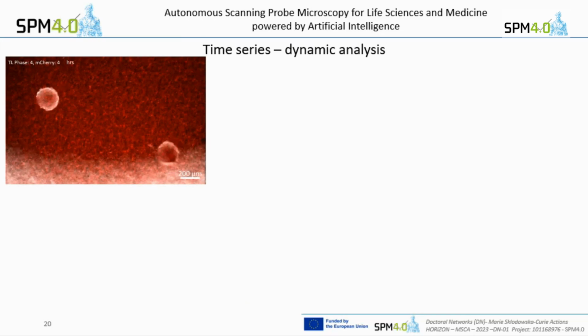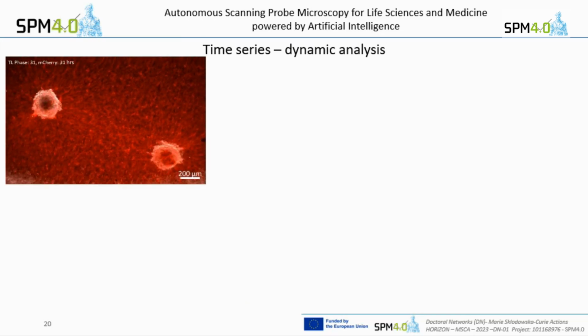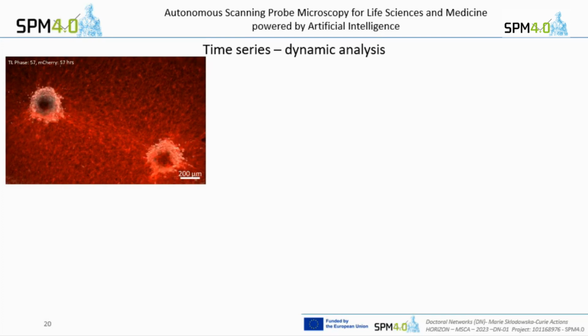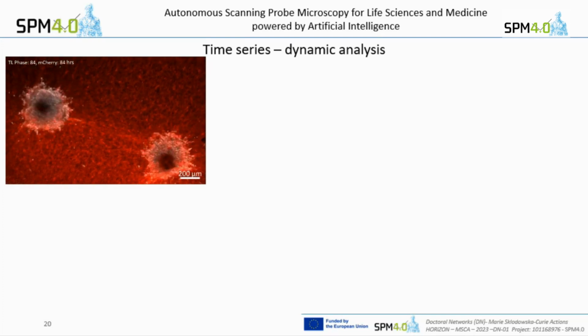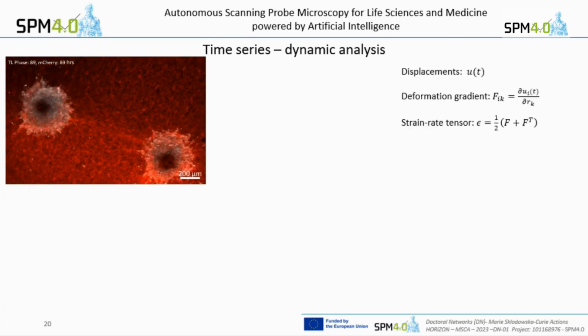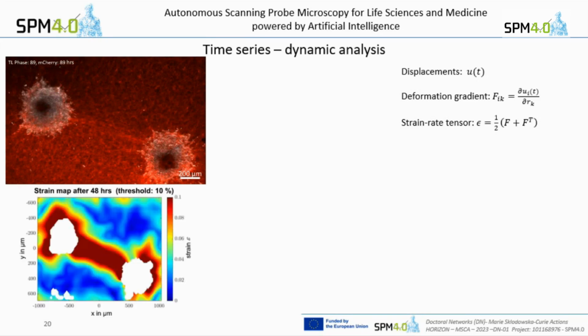So again, we have an experiment of spheroids in collagen. They kind of pull on the fibers. You can see there's an alignment. You can analyze the displacements, as I showed you before, and then you can also calculate the strain. It basically gives you a percentage of deformation. And then you can get a strain map, like here, and I colored everything that's above 10% red, because we also